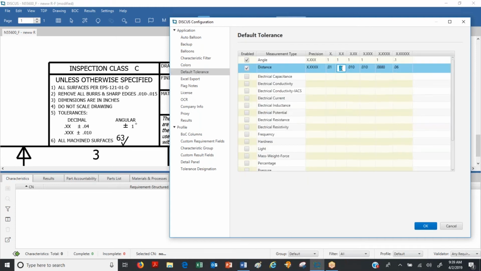So we'll set that up, 0.04, 010, and the rest are not important. Click to enable these. Okay, we only go out 2 and 3 places, and all our angles are 1. Okay,